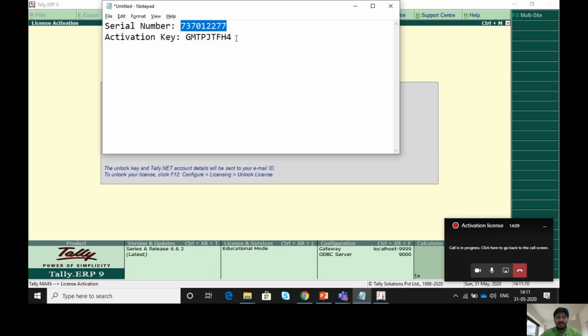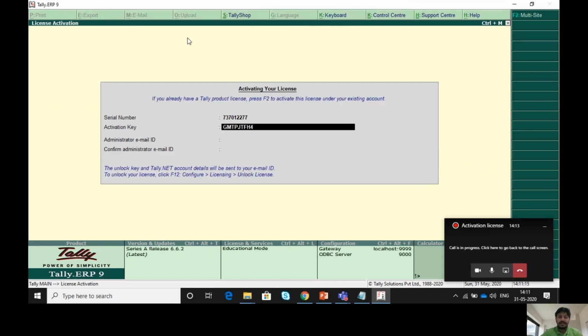Again, I have the activation key as well. I'll copy this activation key and paste it. Now I'll provide the administrator email ID, which is, let's see, the same, learn tally UAE@gmail.com.